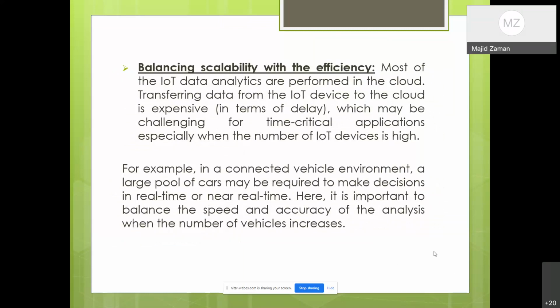Most of the time when we have IoT in place, we need the cloud. Most IoT data analytics are performed in the cloud. Transferring data from IoT devices to the cloud is expensive, which may be challenging for time-critical applications, especially when the number of IoT devices is high. Now imagine if it's difficult even for the cloud. If we do not have a cloud and we have 10,000 smartwatch users, how will we collect this data